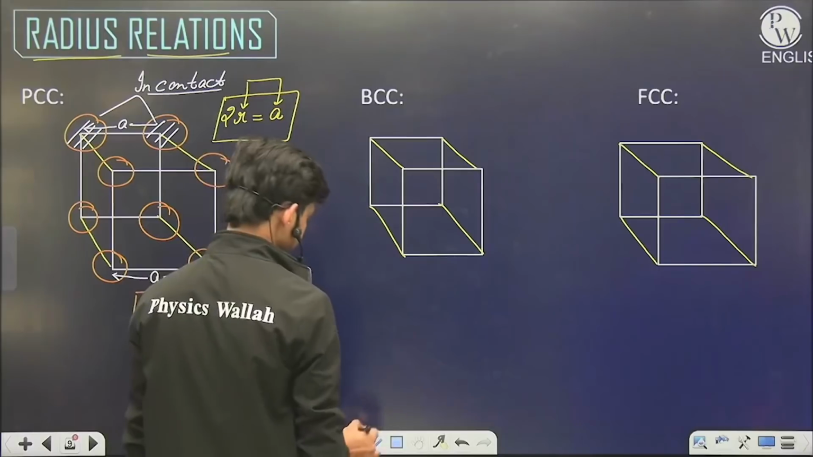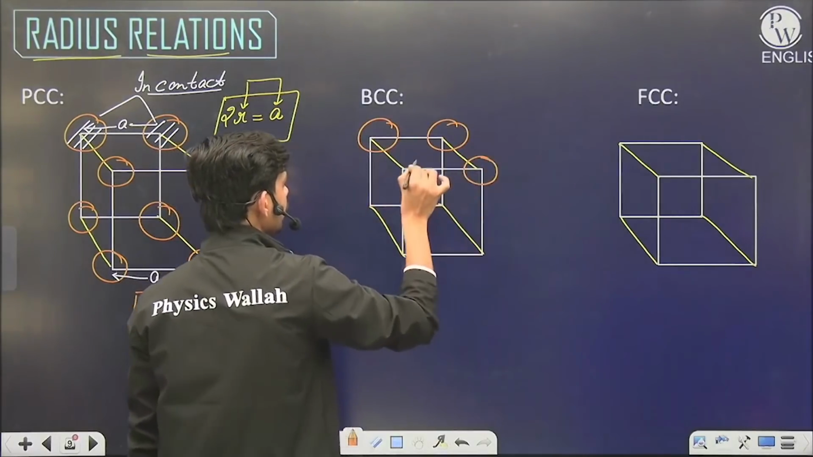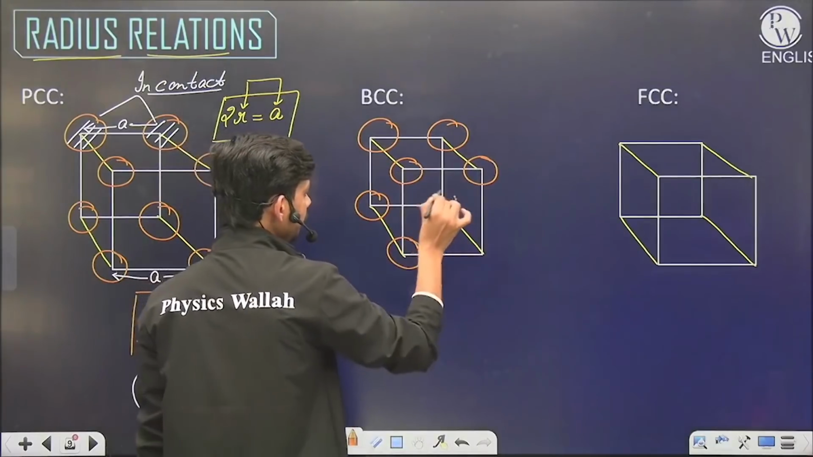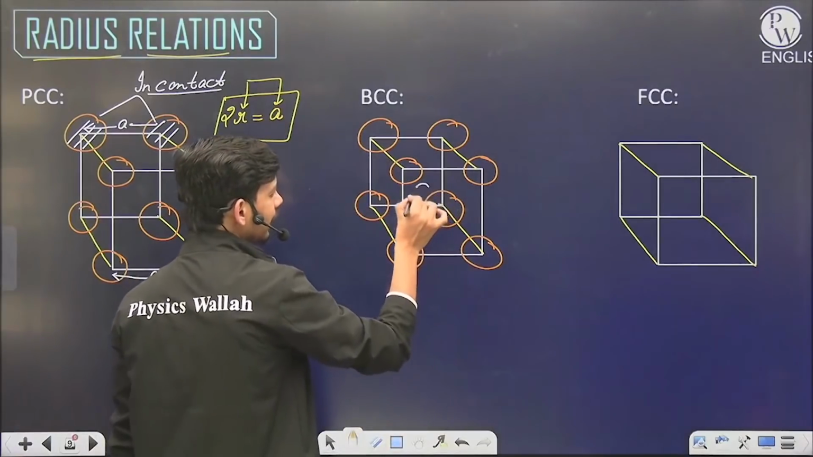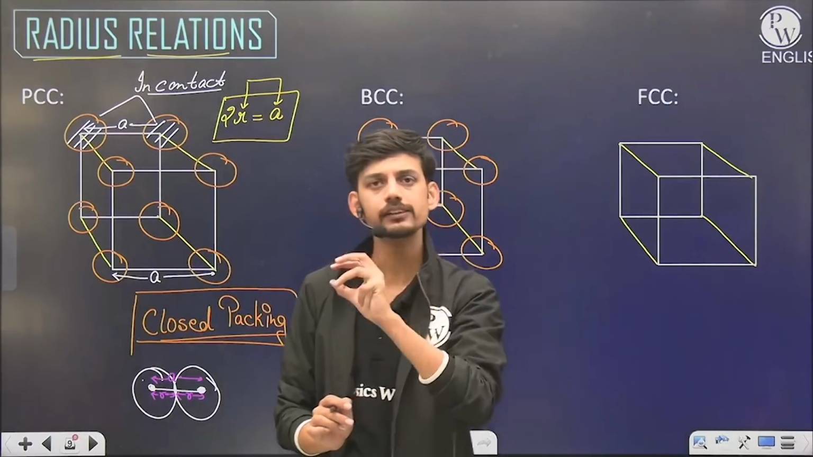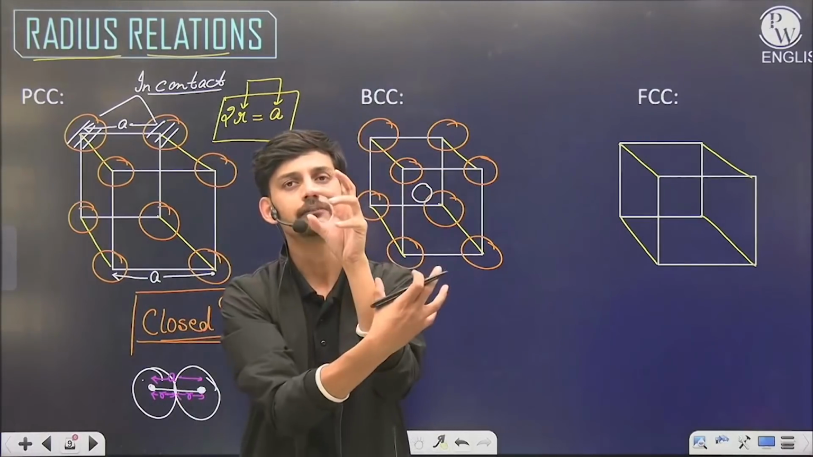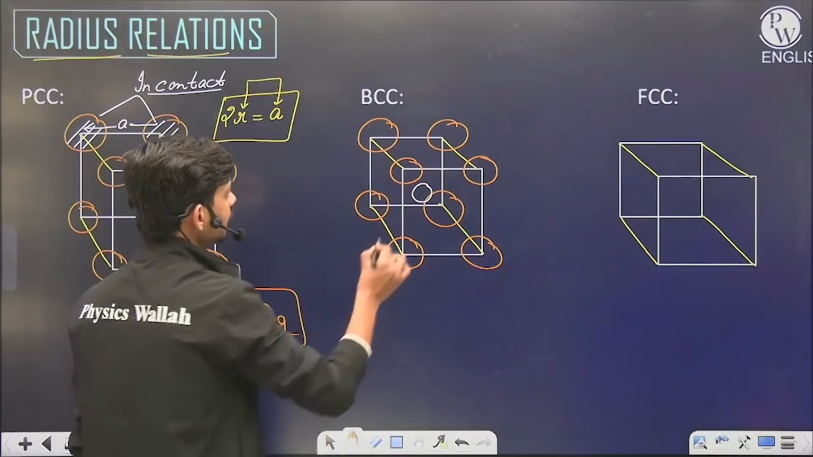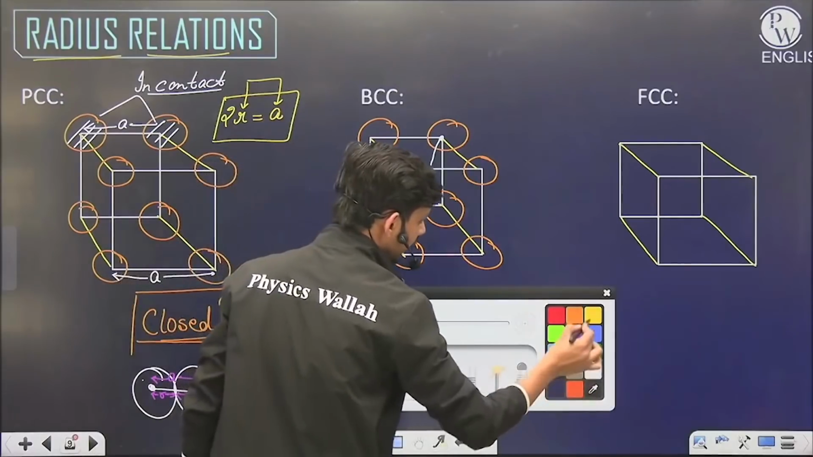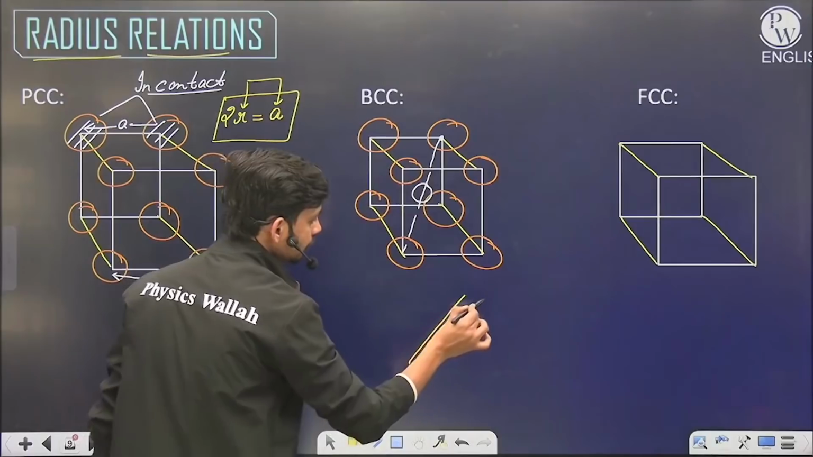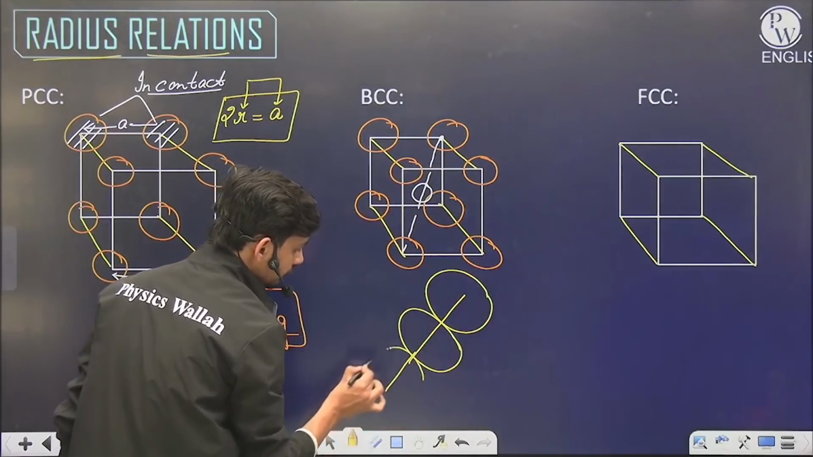Now if we see BCC, in the BCC lattice we have atoms at the corners, as well as one more atom present at the center of the body, which will be something like here. So we have 8 corner atoms, 4 here, and one atom present at the center of these 8 atoms, at the body center. So now if we see these atoms, this is the body diagonal. Let's draw the body diagonal separately. If this is the body diagonal, this is a corner atom, one atom is at the body center, and another atom is at